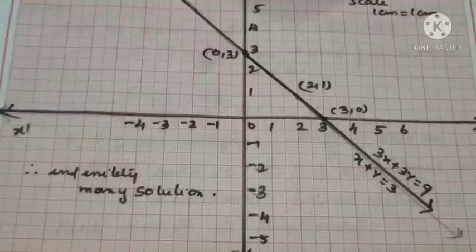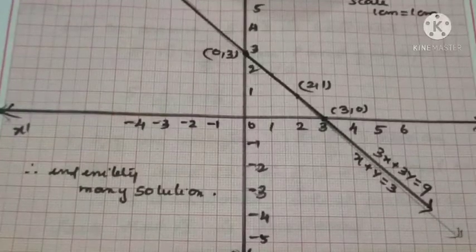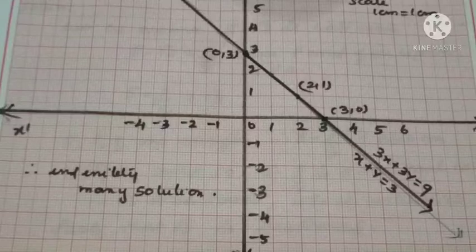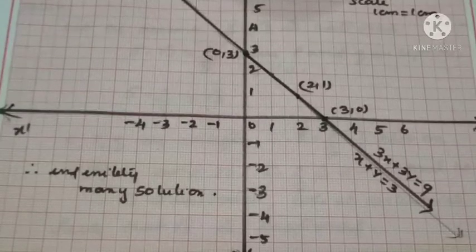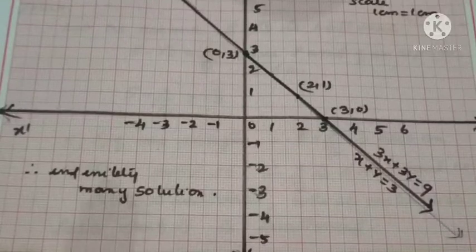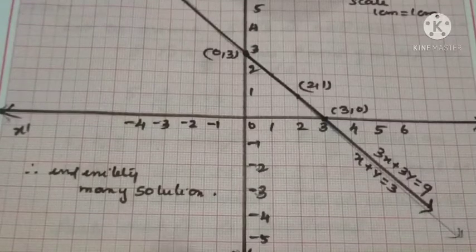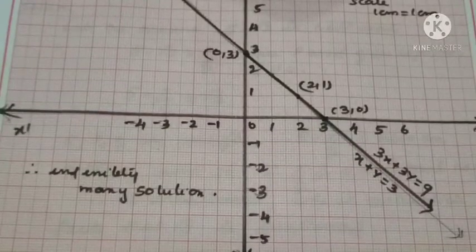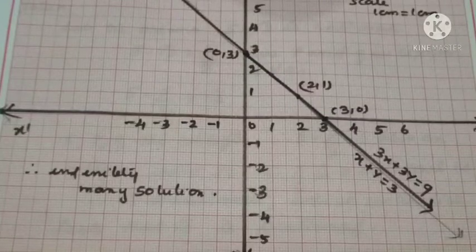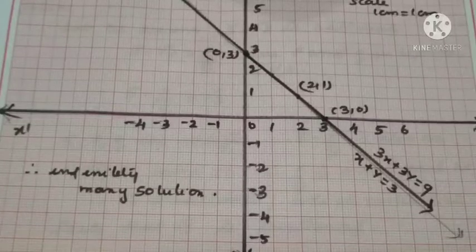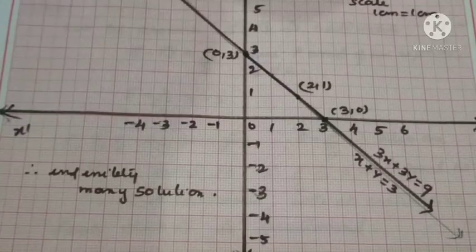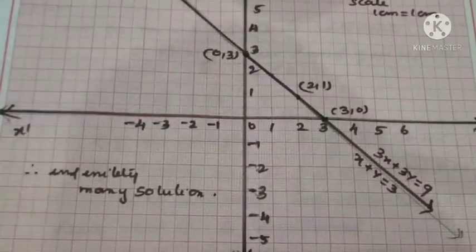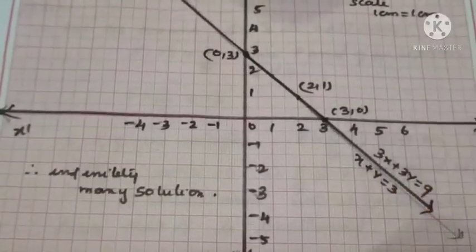So all the 3 graphs we have drawn here. One is intersecting lines, one is coincident, and the second one happened to be parallel lines. If the solution is there, or it is consistent, then only is there a need of drawing the graph. But the second question was parallel, so no solution is there, so we have not drawn the graph. The third question again has solutions because of coincident lines. So based on that, we have to do the graph again, because it's a consistent pair. By this we have completed question number 4 only.